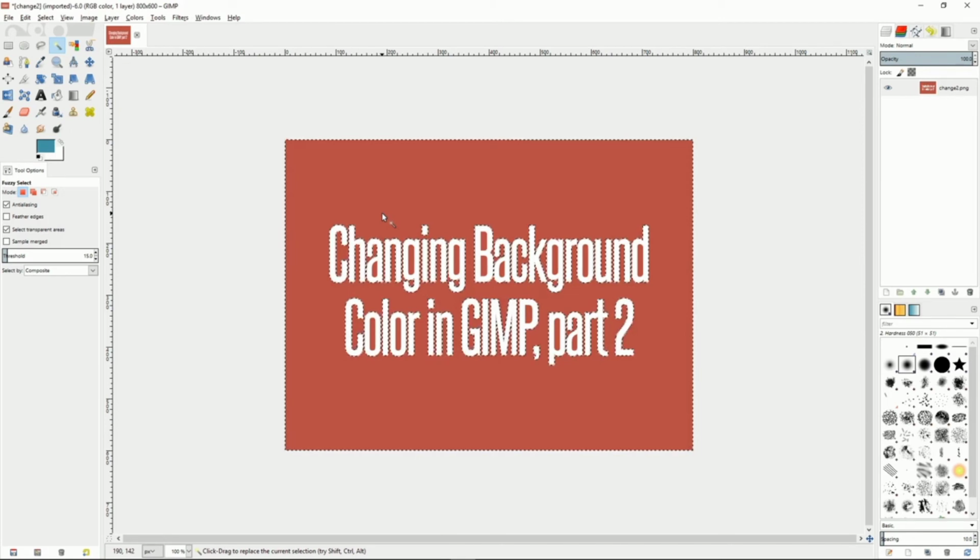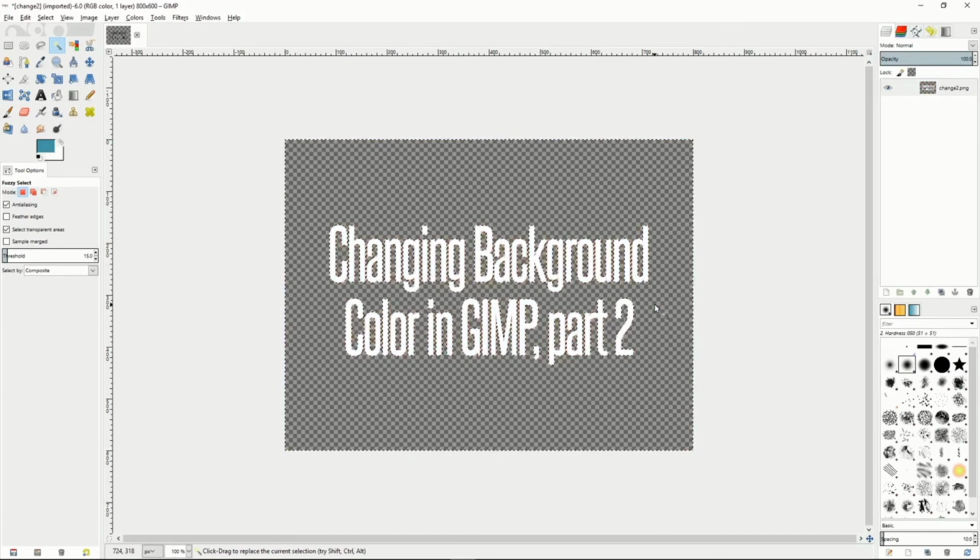To add the circles inside the text, you want to hold down the Shift button, which will add a plus symbol next to your fuzzy selector, and you can now add those bits inside the text into your selection. Doing so will allow you to delete all the parts of the image you want to get your alpha channel. So once you're finished there, just hit delete on your keyboard, and you'll see the background is now fully